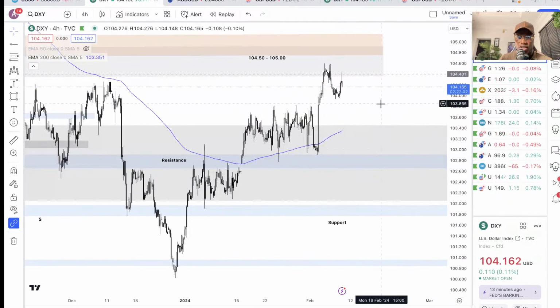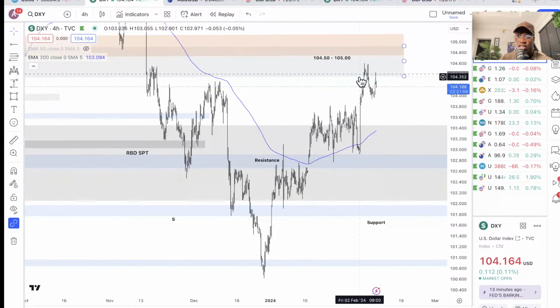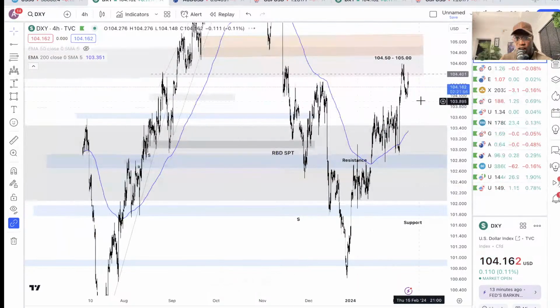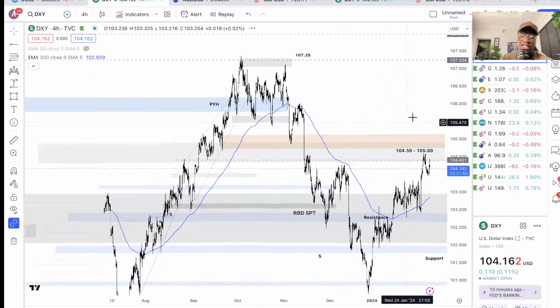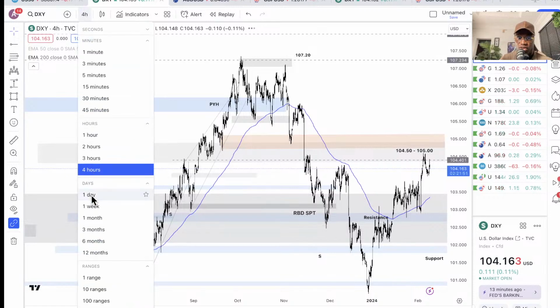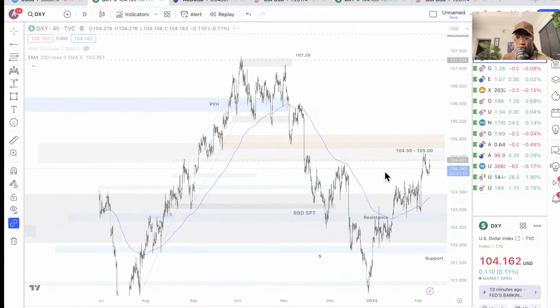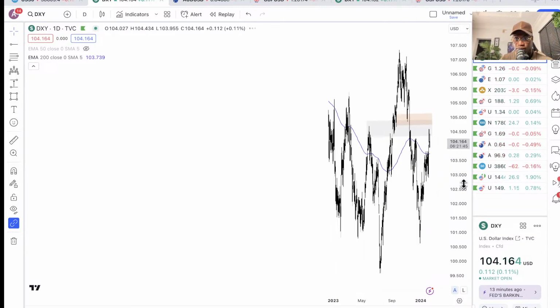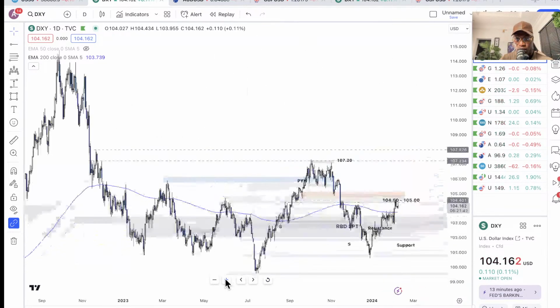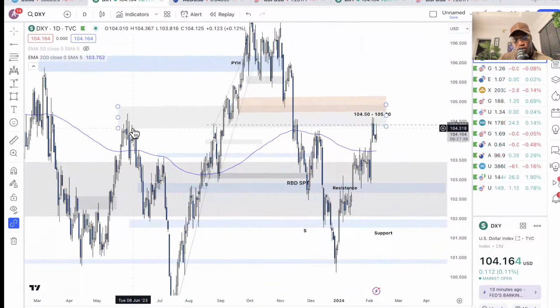All right, so we're seeing that the market is currently reacting to this key level, and this is a key level for us that we have even all the way back to the daily time frame. I think I'll just switch to the daily time frame and show you guys some of the key levels that we mapped out on there. Let's zoom in. All right, so you see that we can trace this back from June 2023, and we see how the market reacted here again in August, reacted in November, almost made a retest in December but didn't, and now making a retest in February. So we're seeing why this is a strong zone for the dollar. And we're seeing that the market is rejecting.